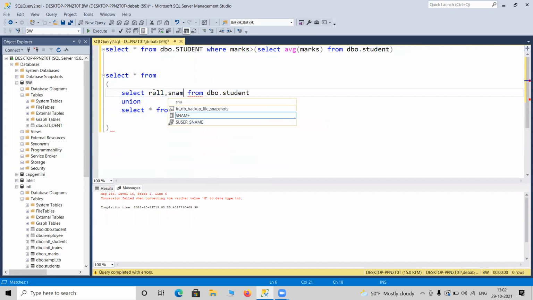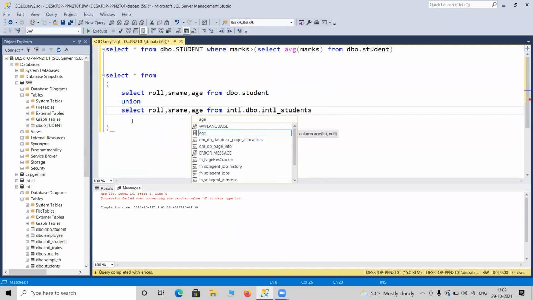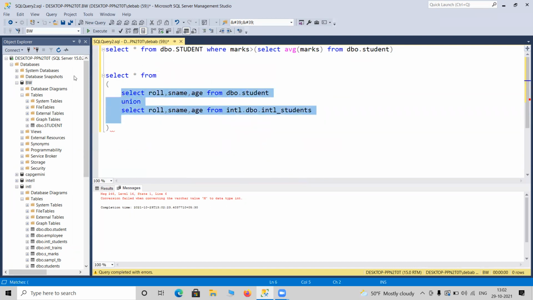Let me give some random thing, name age, and here as well name age, because count and type should match. Both tables were not identical, so that's why it was not giving the result when doing union.